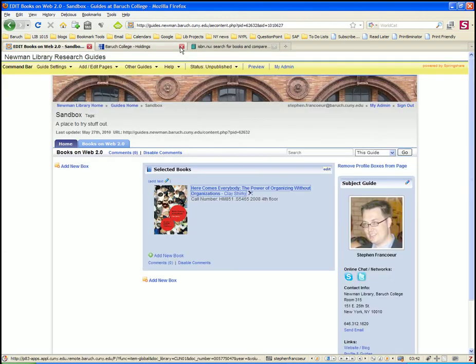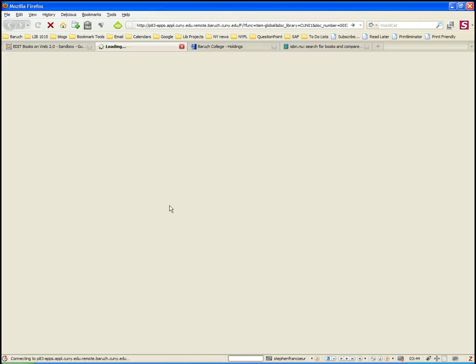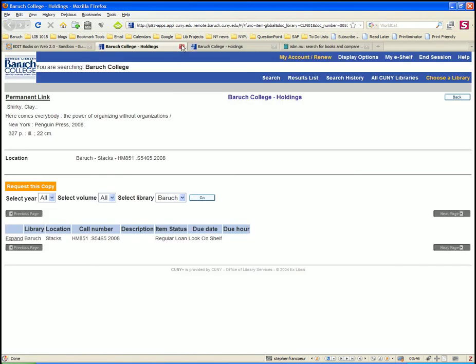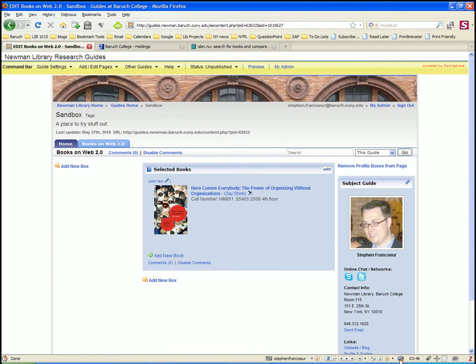If I click on the book title, it should take me to the holdings screen, which tells me right away if the book's on the shelf or not. The other thing is, if I click on the jacket art, it should also take me to the holdings screen. And that's how you